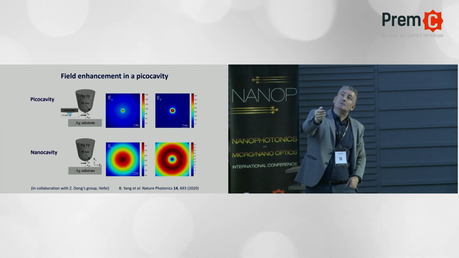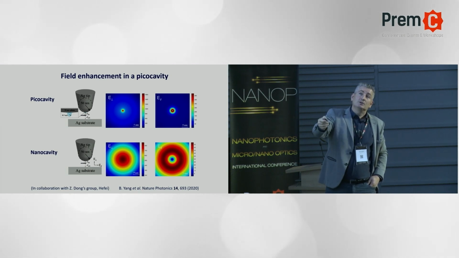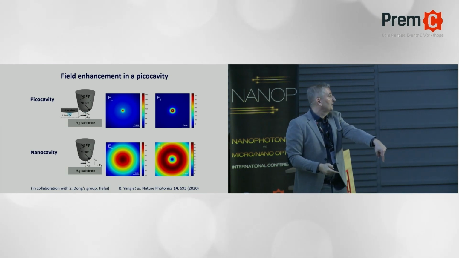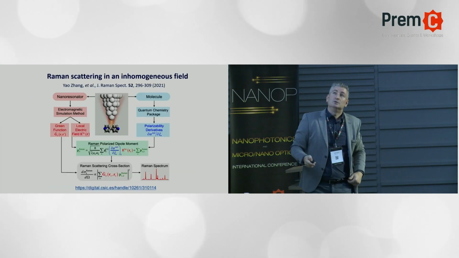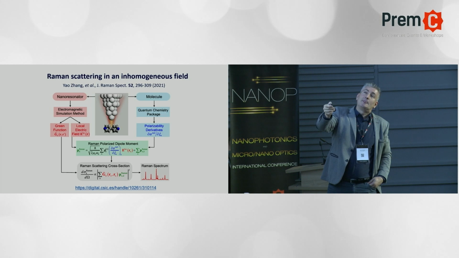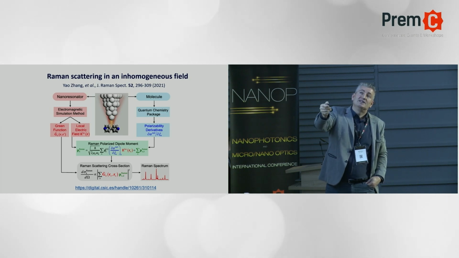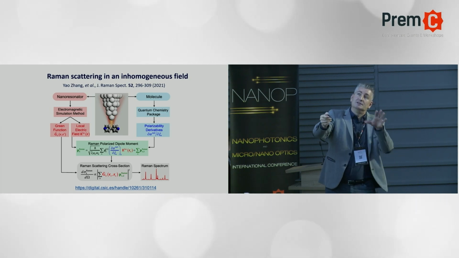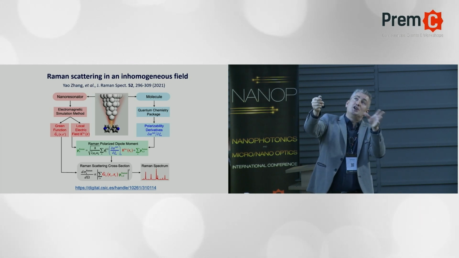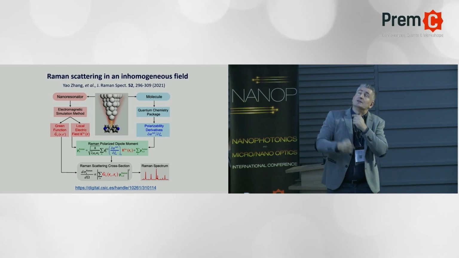And with this field of the pico cavity, we can reduce these local fields, the effective mode volume, compared to the nano cavity, the lateral extension of the field, and then come with our molecule and do the calculation of the Raman. We do the calculation of the Raman in a sophisticated way. We have to actually multiply the derivatives of the polarizability, expressed in atomic size and weighted by this inhomogeneous local field. You have this tool to calculate Raman in a strongly inhomogeneous field in this package or in this